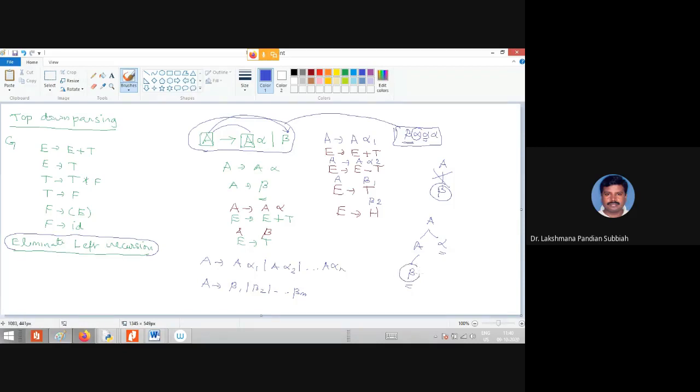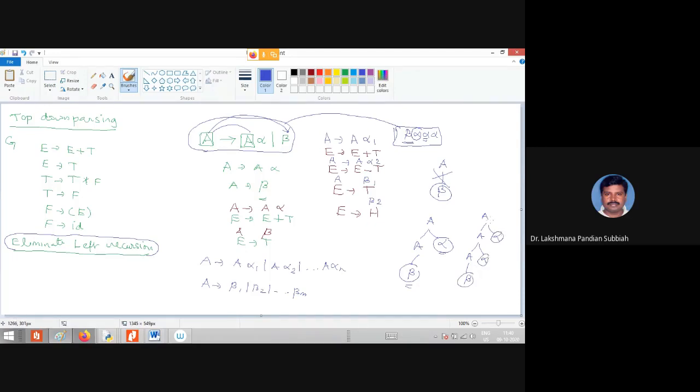So we are generating only beta alpha. Now we have to backtrack and use A derives A alpha once again, then here use beta. Now we are generating only beta alpha alpha.